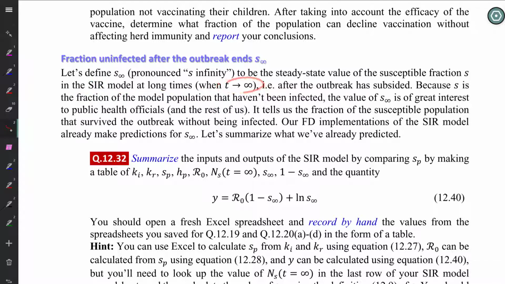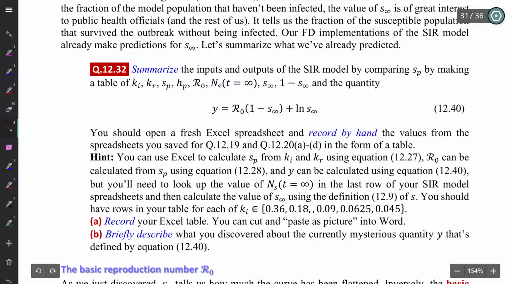All right, and question 32 is asking you to make a table from the data, right, from the spreadsheets that you've already made, the ones that I asked you to save, and it's got a lot of stuff in it because we can actually learn a lot of things. So record the infection rate constant, the recovery rate constant, the fraction susceptible at the peak, the herd immunity threshold, which is related to this through that simple equation, R naught, which is related to SP just by being its inverse,